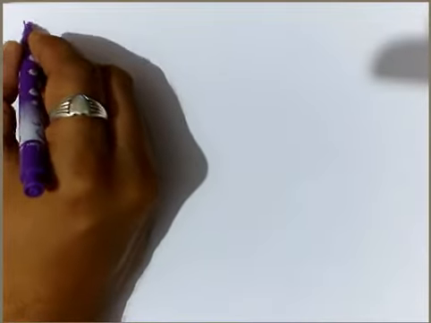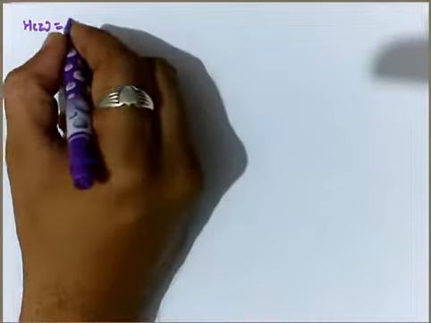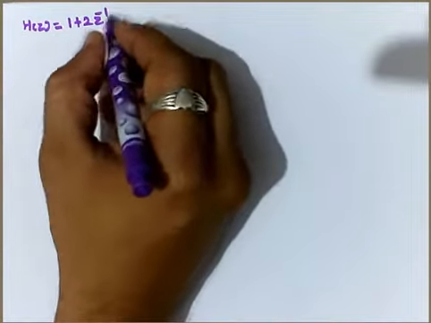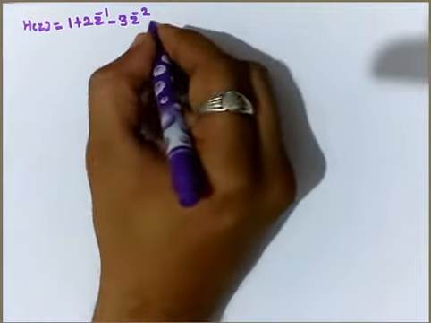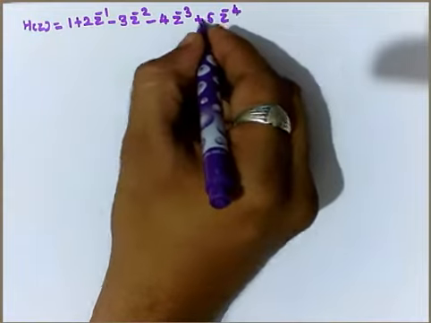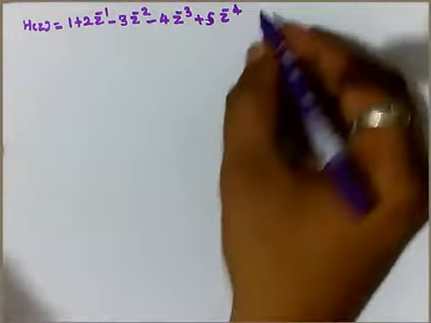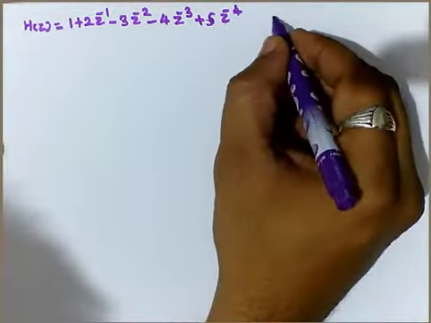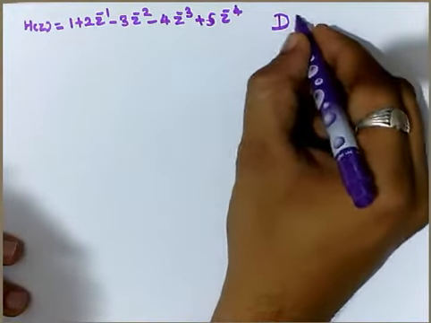So let's say we want to go for one simple example where we want to realize the system function. Let's say the system function is given, that is h of z is equal to 1 plus 2z inverse minus 3z raised to minus 2 minus 4z raised to minus 3 plus 5z raised to minus 4. This is the system function given, and we are being asked to design or realize this particular system function by using the direct form.